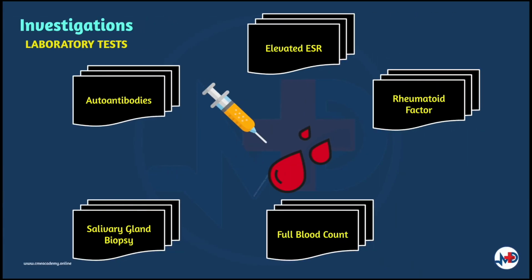Lab investigations include obtaining titers of anti-SSA Ro and anti-SSB La antibodies. Routine blood investigations such as a full blood count may demonstrate normochromic normocytic anemia with leukopenia. The presence of rheumatoid factor and an elevated ESR may also be seen in these patients. A salivary gland biopsy with a score greater than or equal to 1 focus per 4 mm square establishes the diagnosis